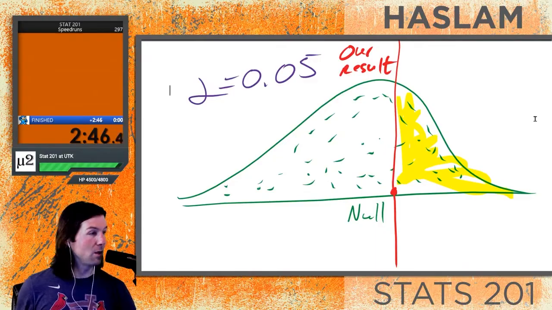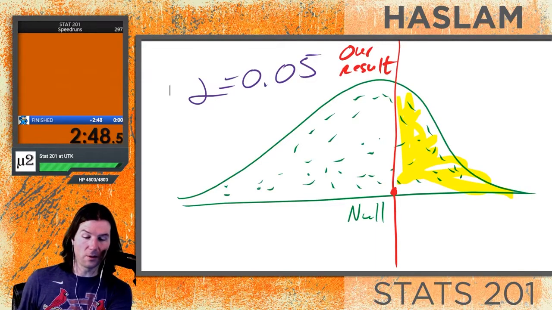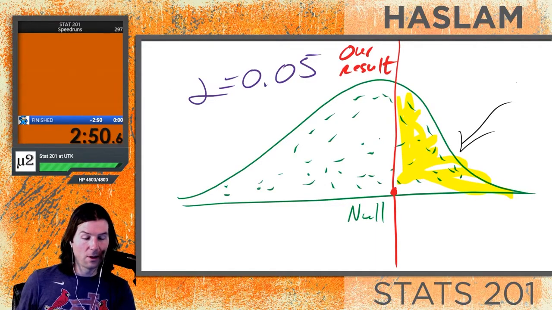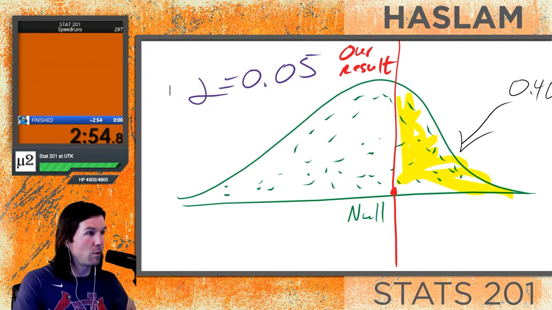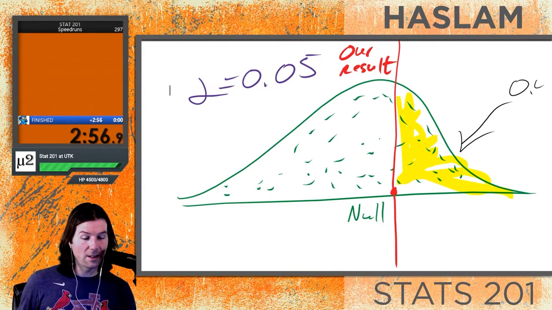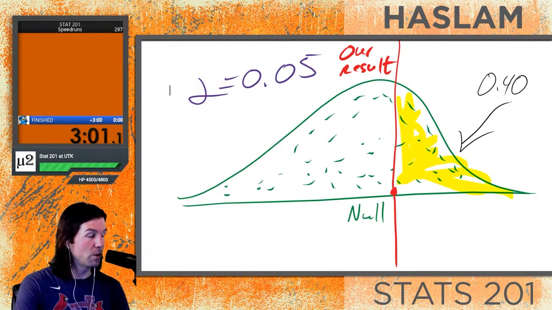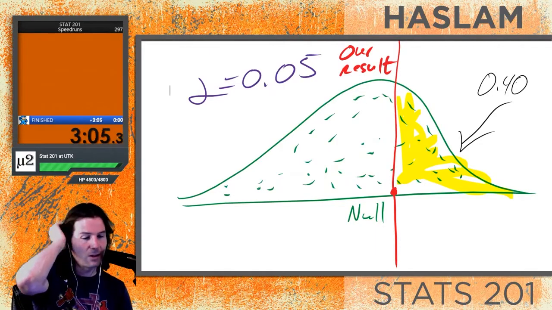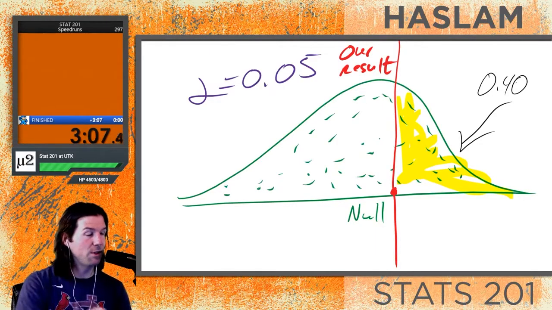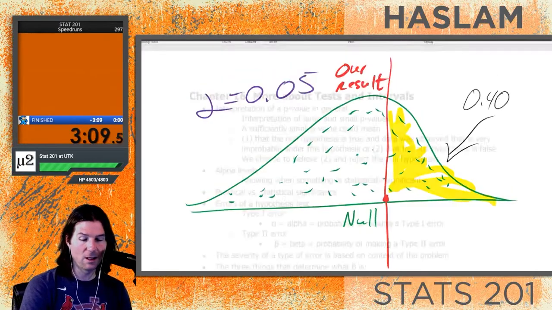And now the p-value would increase because this is a more likely result. This result right here might be something like 40%. And that would mean 40% of the time something as extreme or more extreme than our result would occur by random chance variation, given the null is true. So I'd say, I think the null is plausible right here. I think the null hypothesis is quite plausible. I believe it. I don't reject it. I fail to reject it.